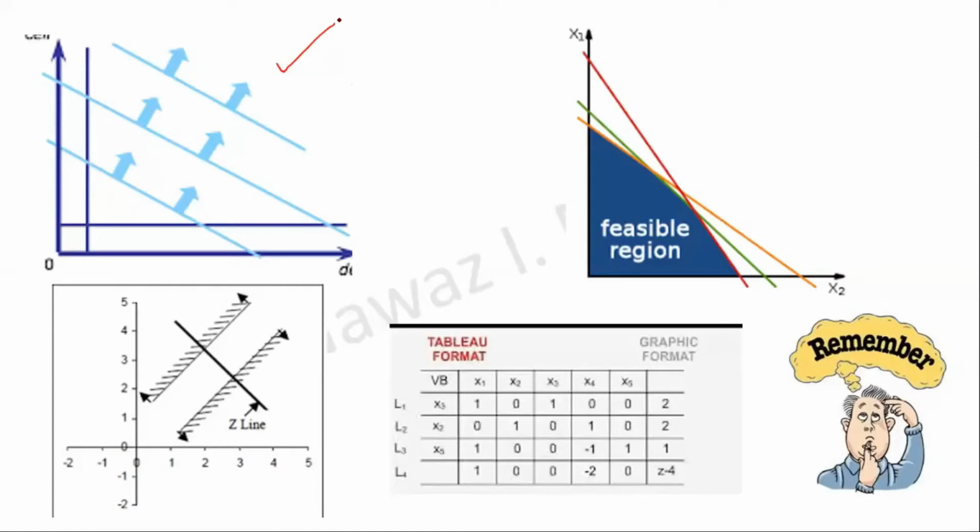Similarly, if I interpret the second figure, we say that there is a feasible region available, and my maximum or minimum value, whichever is asked, will lie in this particular region only. When we solve, we get the answer in this region as our maximum. From the third one, you can see there is no feasible region. So these are the three cases which we have already studied.